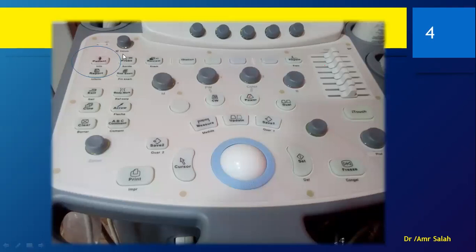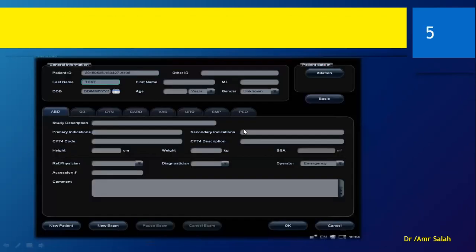Okay, so let's start with something very simple, and that is registering your patient. Registering the patient might be under the name of patient as such, or registration, whatever. This will get you to a menu like this. Okay. In this menu, as we can see here, we will log into the patient's data. We have here the patient ID if you are in a hospital. We have here the first and the last name. Okay. We have here the age. You can just log it right away or write the date of birth and the gender.